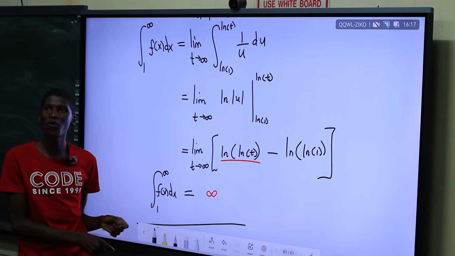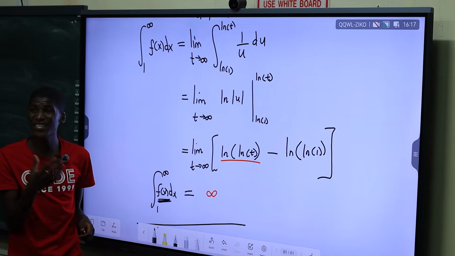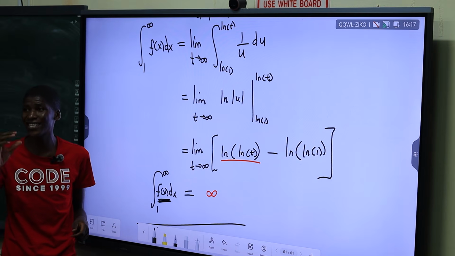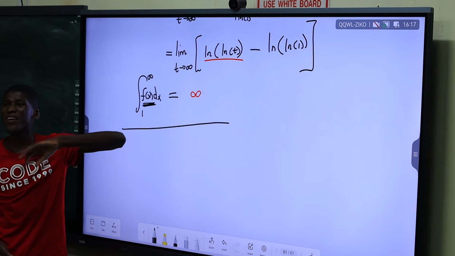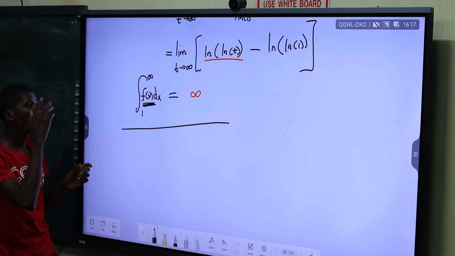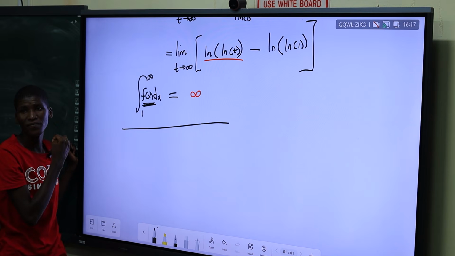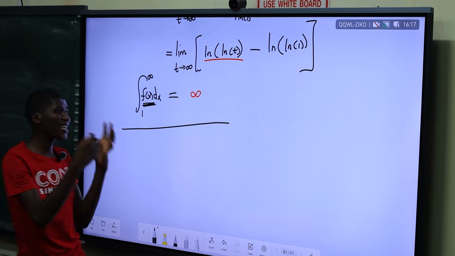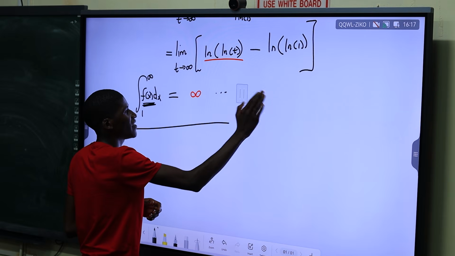So now, what is this function? Remember we made it from a series, from a sequence, from a general term a_n. So we did all of this so that we can try to determine whether the general sum is going to converge or diverge. So this integral diverges, I'm saying. The area still becomes bigger and bigger. So this is a converging integral, diverging